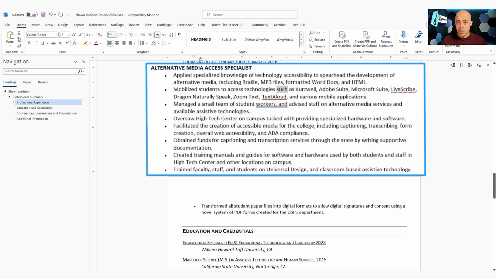To access technologies such as Kurzweil, Adobe Suite, Microsoft, managed a small team of student